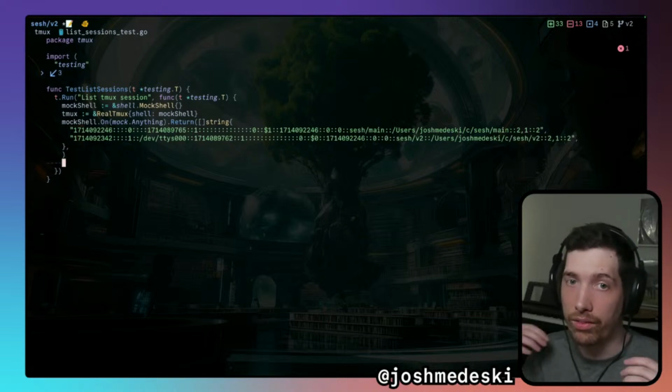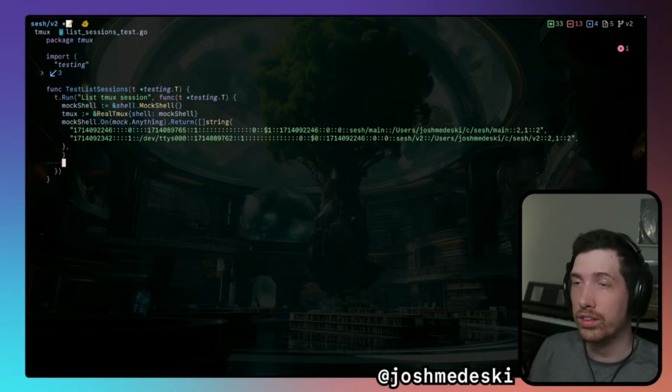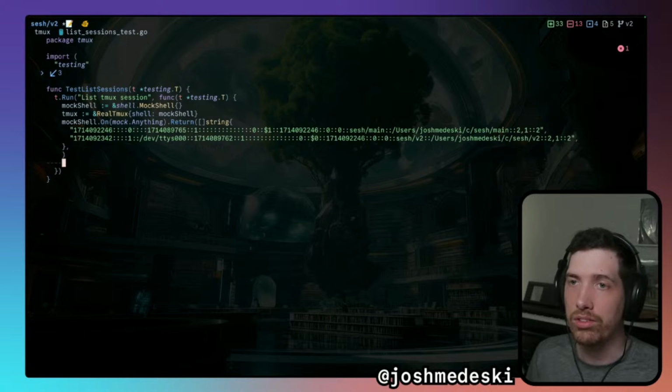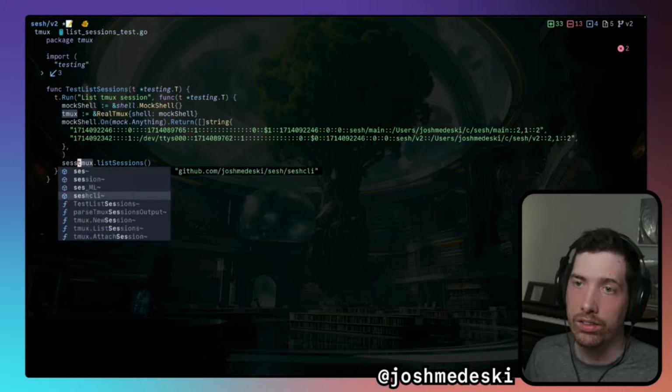So now the test is, can we do, I think we could do snapshots. That's what I think I did last time. So what we would say is tmux.list sessions. And so the sessions